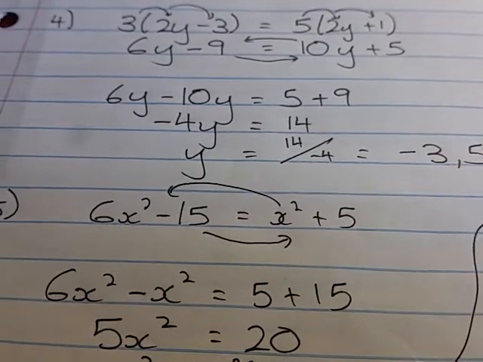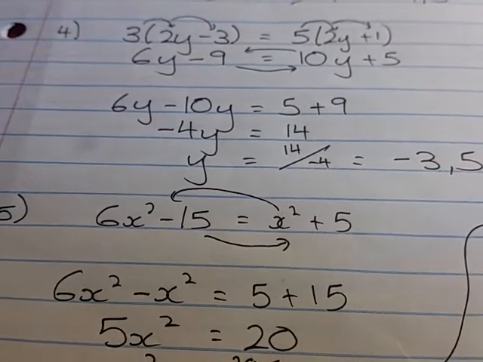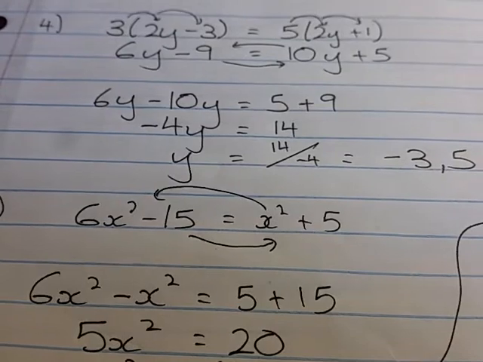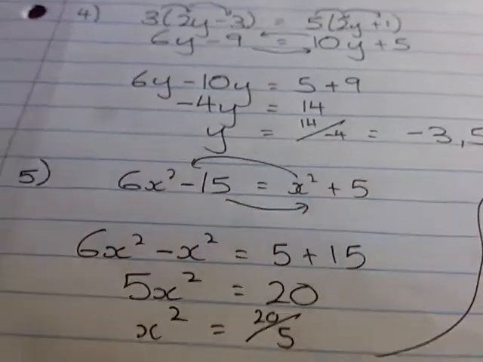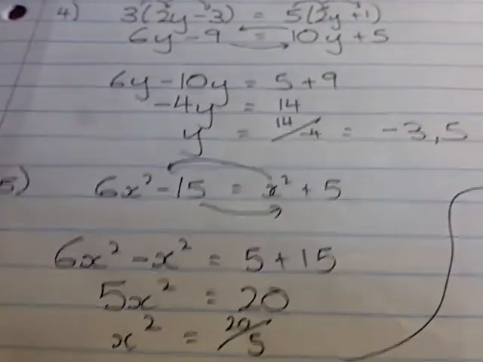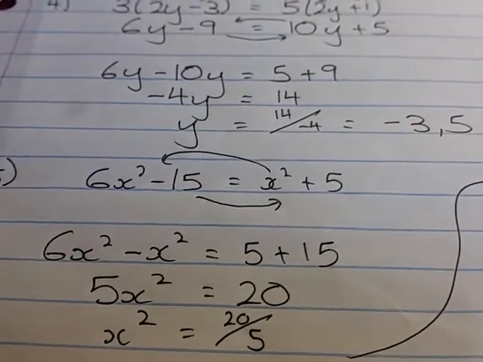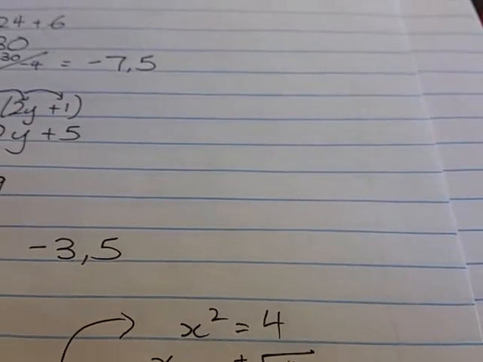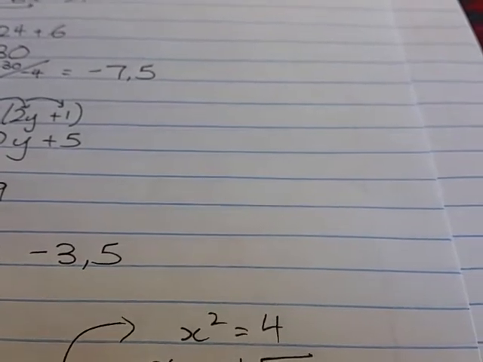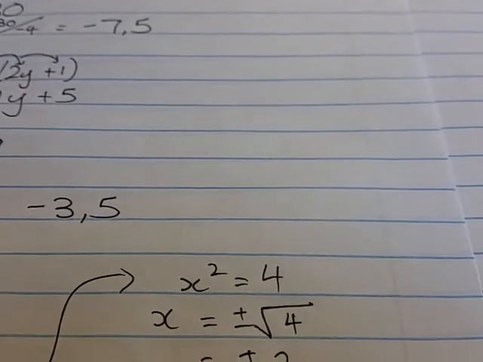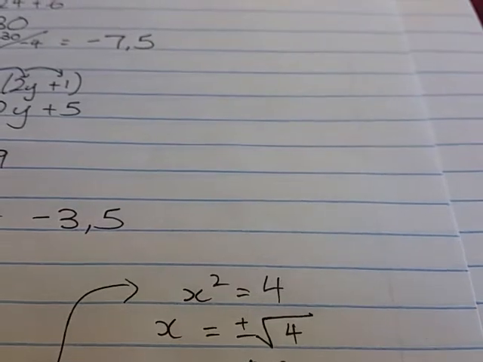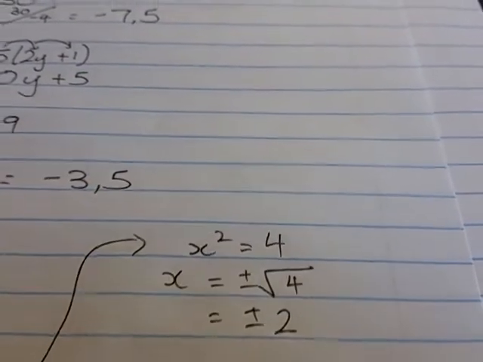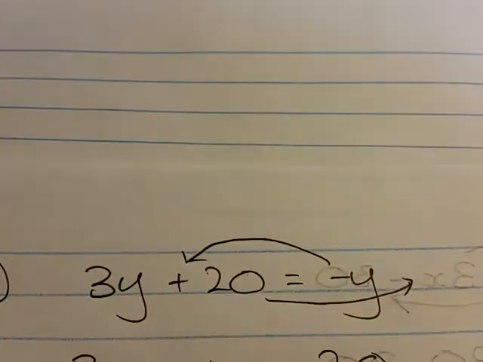Bring the 5 over first, because remember, multiplication before the exponent moves first. So divide both sides by 5. So x squared equals 20 divided by 5, which gives you 4. And then you move the square sign over. The opposite of squaring is square rooting. So x is plus minus the square root of 4, which is plus minus 2. And then finally, I had